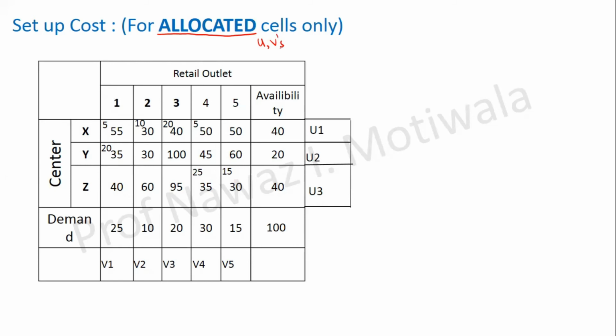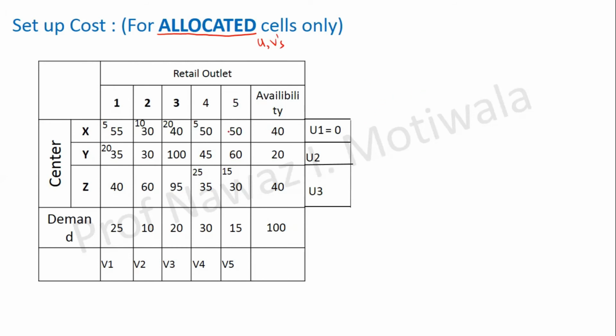Okay. Now can someone tell me what to assume and where to assume? You can assume any of these variables as any number. You can assume any of the variables, a number of your choice. You can also take minus also. Any number you can take, but for simplicity, we take it as 0 because 0 is the simplest number we can think of for reducing our calculations. So now here I am taking U1 is equal to 0.